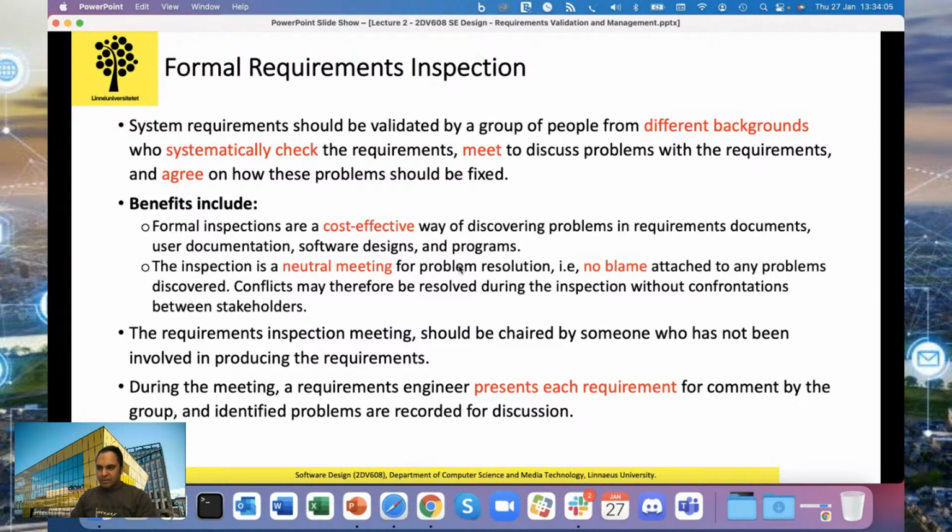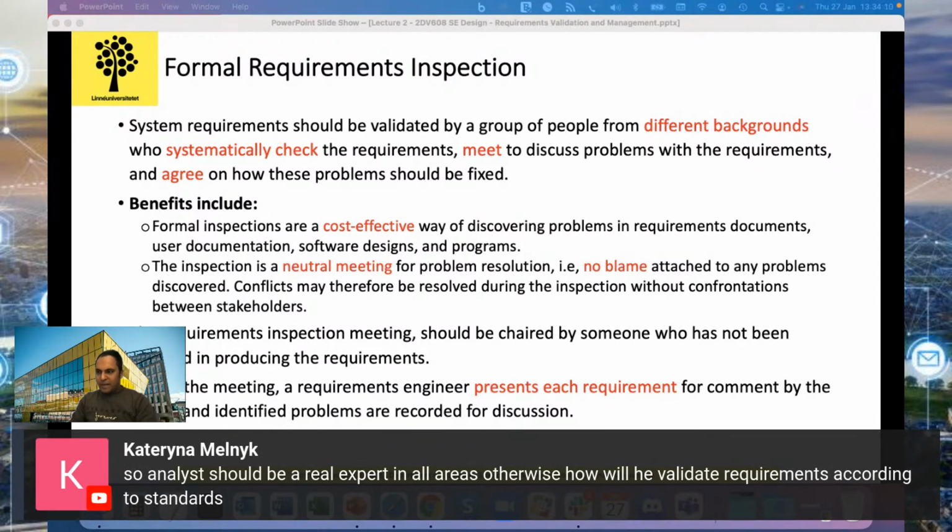So there was a question on YouTube that says, the analyst should be a real expert in all areas. Otherwise, how will he validate requirements according to the standards? Yes, I think I also mentioned this in the previous lecture, that an analyst or a requirements engineer who will deal with this should be an expert in the organizational process, or